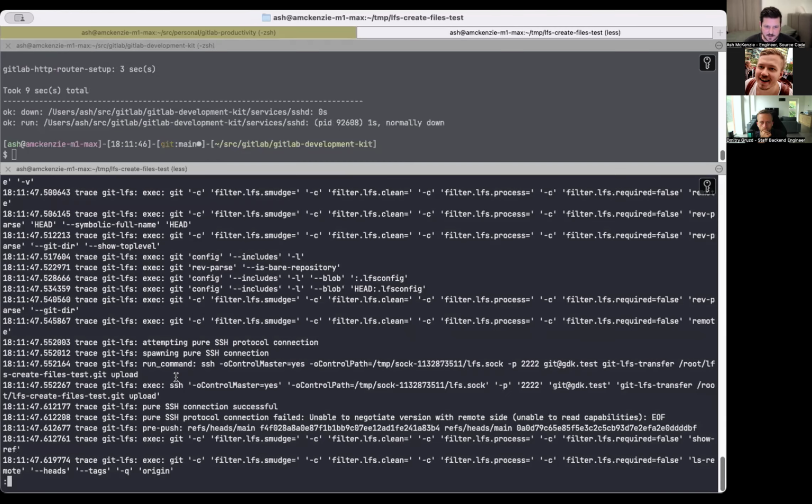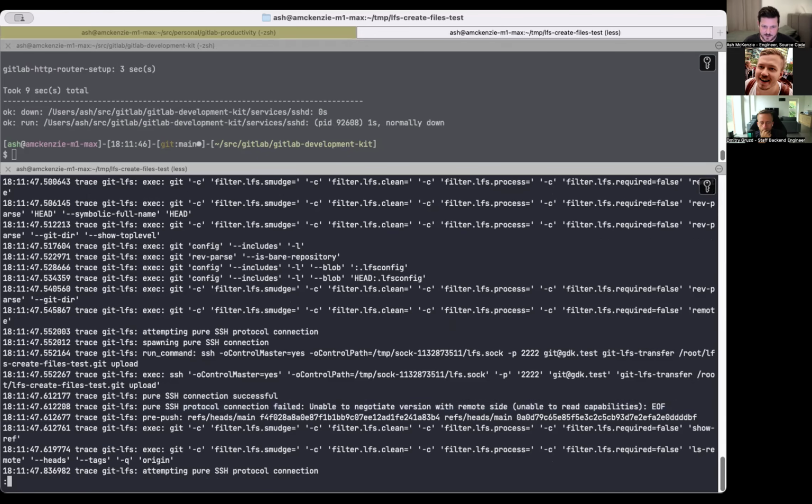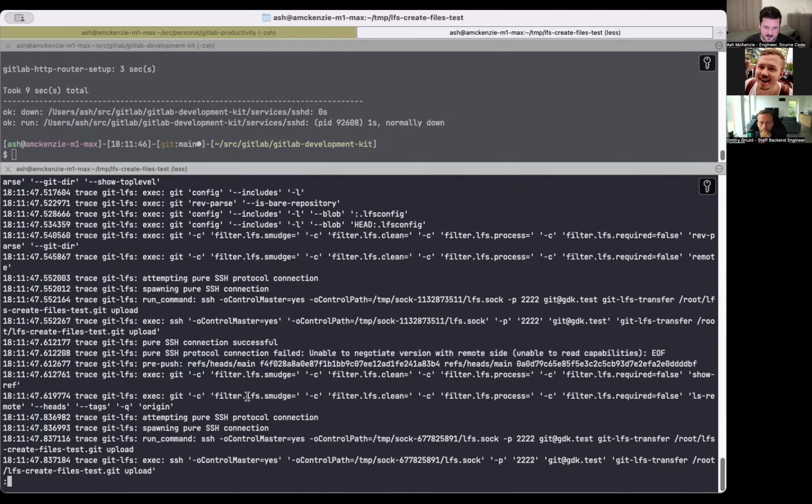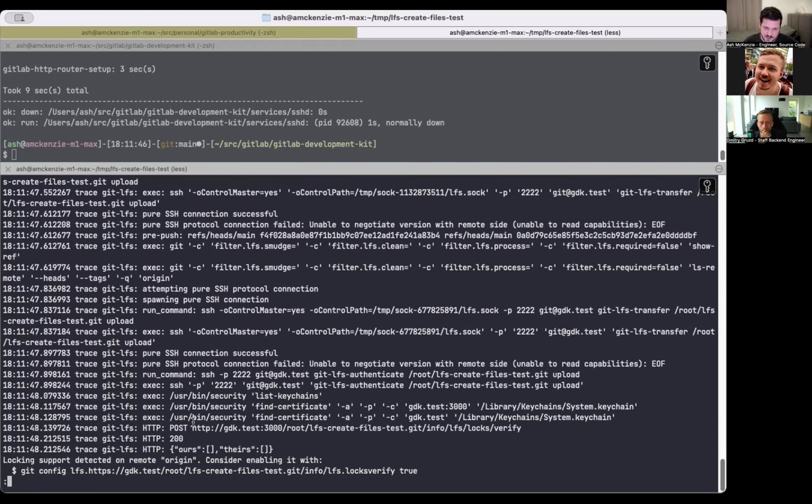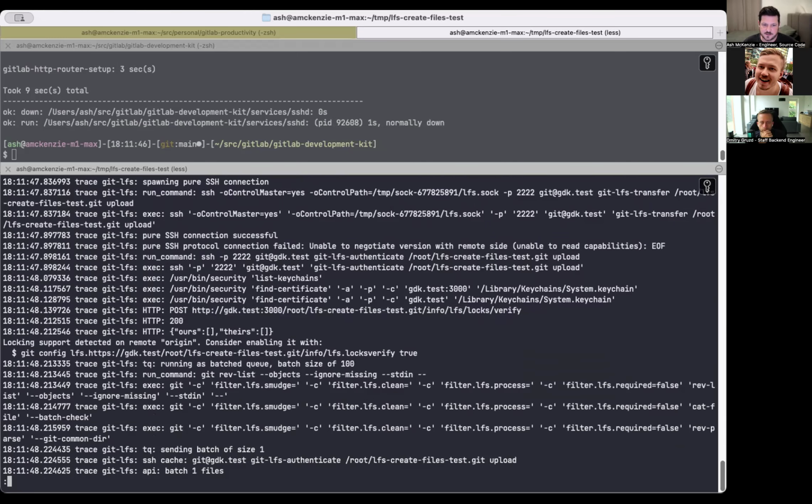I did. It does attempt the SSH command, asking for the git-lfs-transfer command, but it fails with unable to negotiate version. So that's the config guard. GitLab Shell has essentially responded saying, I don't understand this command, and then it falls back. It tries it again, and doesn't actually say falling back, but it goes to using HTTP,